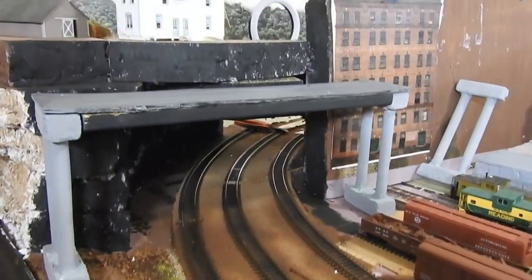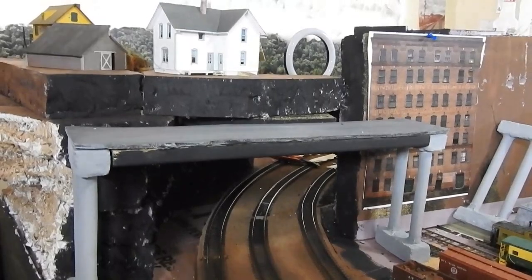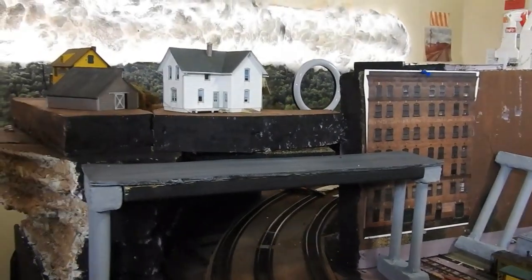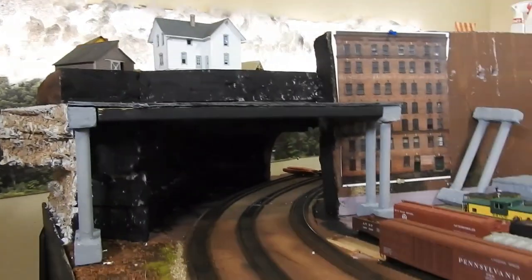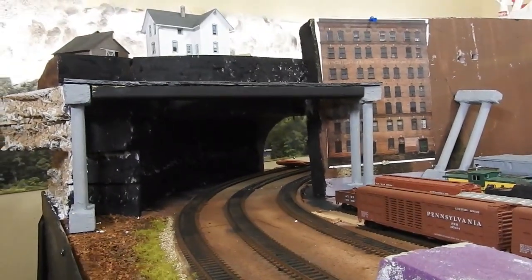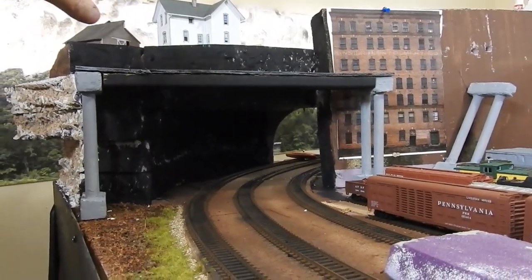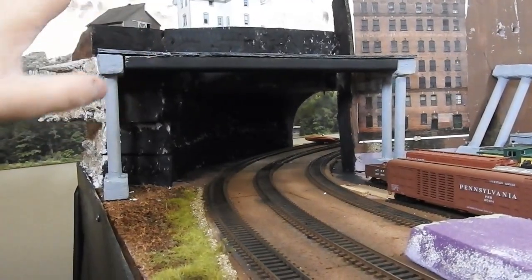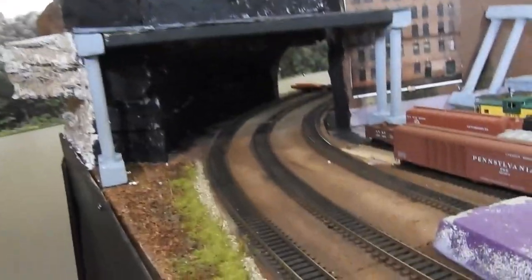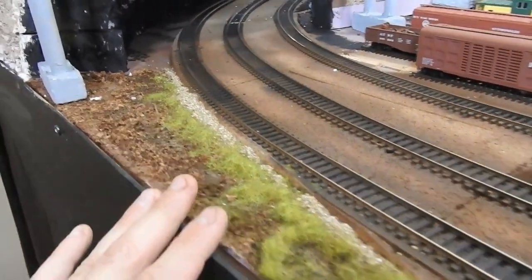Back here will be some buildings behind the overpass. Again, we'll give the illusion that these homes and these buildings are far off in the distance. So if you're looking through here down this way, you'll see that they're homes, but the tops of the buildings will be peeking through some of the tree work that will be done on here. So that's the plan. All right, and some rock and some ballast work down here,